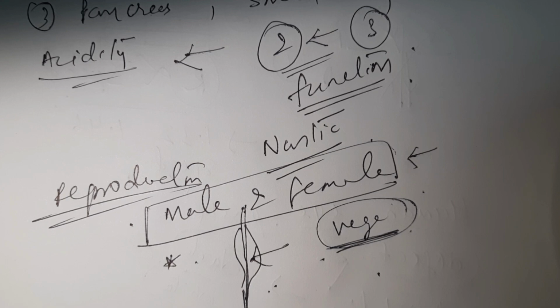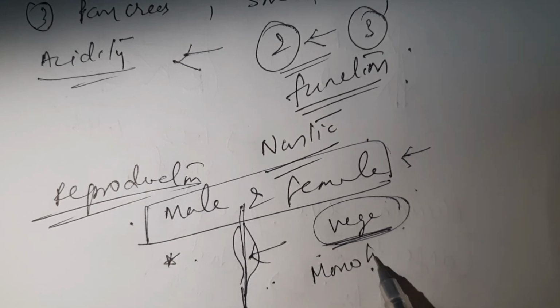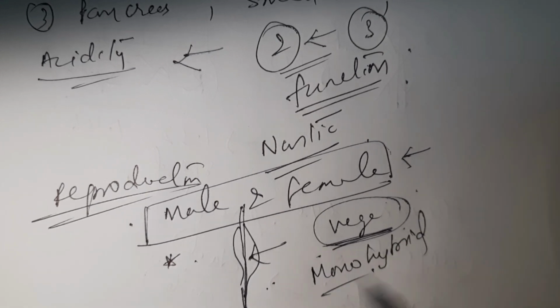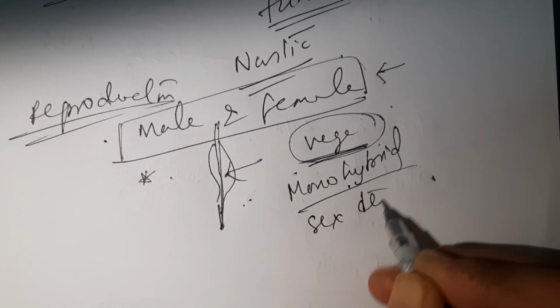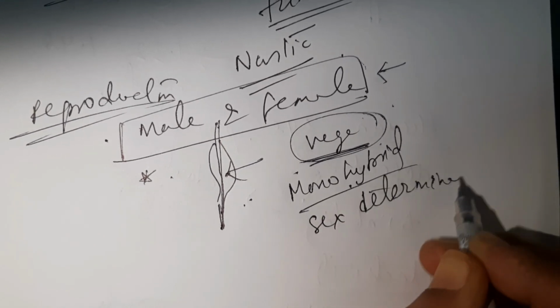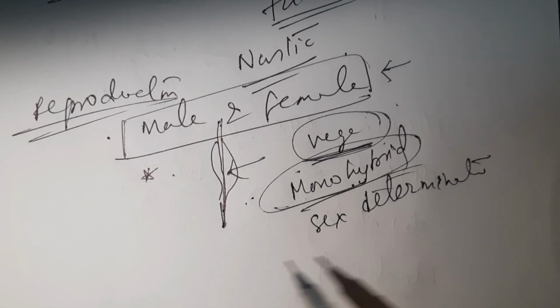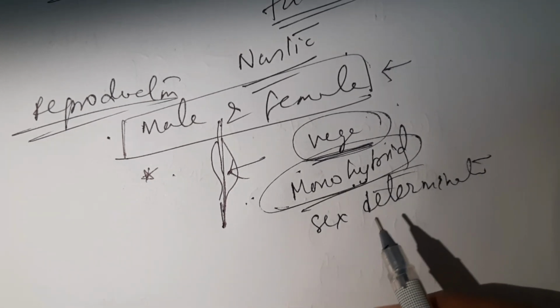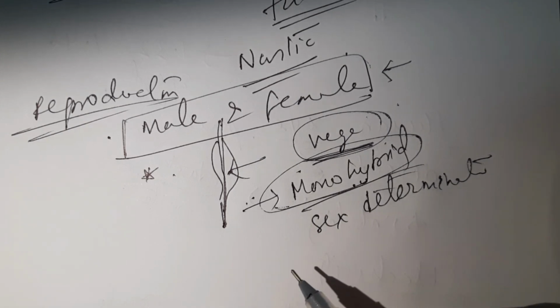Then the next and last chapter, heredity. From heredity you need to practice monohybrid cross and then dihybrid cross, both. And sex determination is one of the important questions of this chapter. The next one, in monohybrid cross, what is phenotypic ratio and what is genotypic ratio? They ask that question very often. Then the next one,